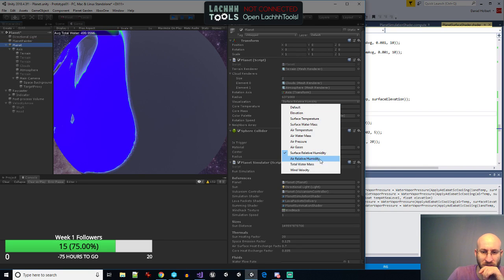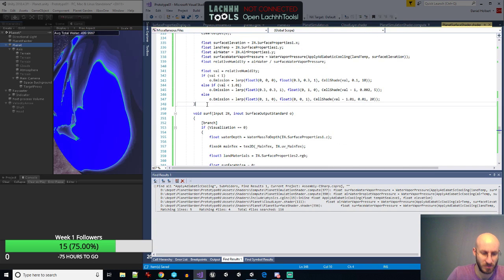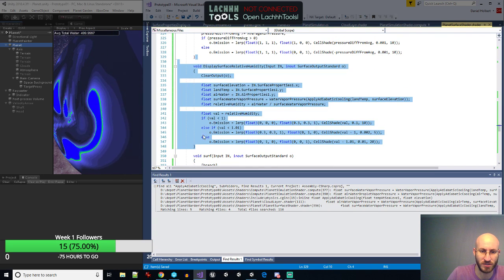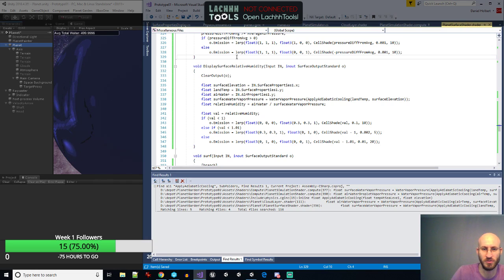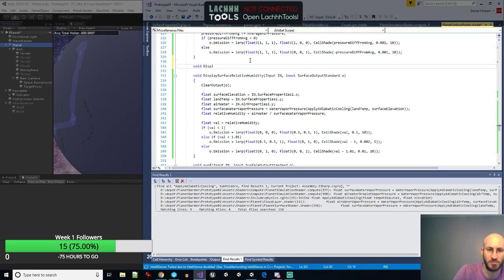Air relative humidity is the same thing. Total water mass will apply similar to the surface water mass. And then the velocity will be a little bit interesting. So what I'm actually going to do is make a function called display relative humidity, and it'll be for either land or water, and I can pump in either value. Display